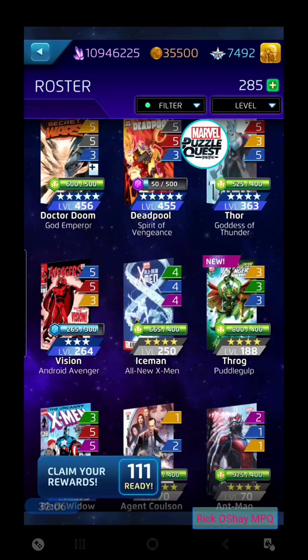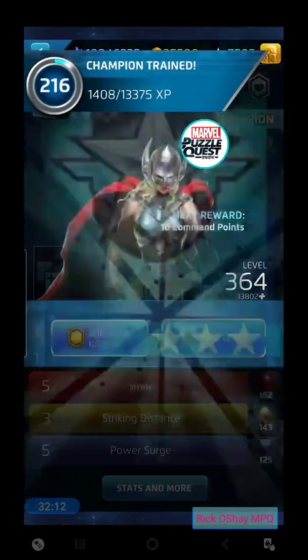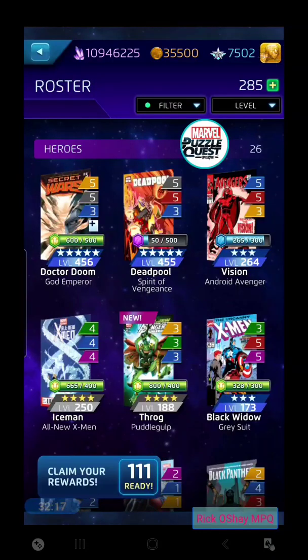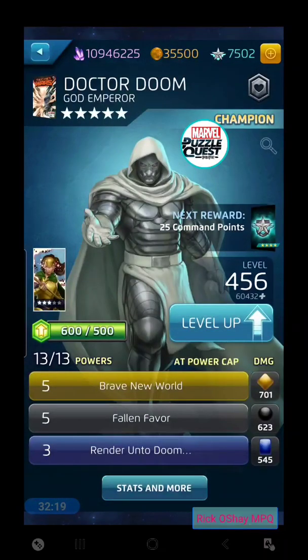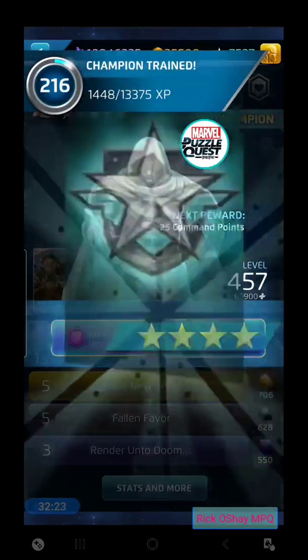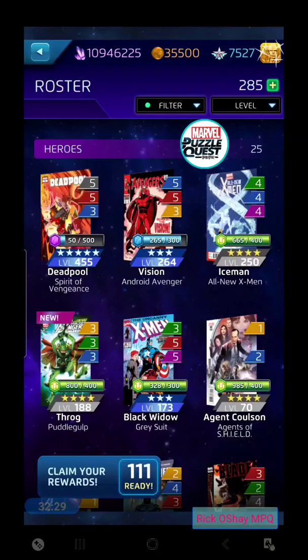Can we crack 7,500 today? Let's see what we get. And right there it is. 7,502 command points. That's just crazy to me. And we'll go ahead and take this level on Dr. Doom. Sometimes I like to keep his yellow in check with my 5-star Daredevil. Very close match damage on those two. But I don't play them on the same team very often, so...